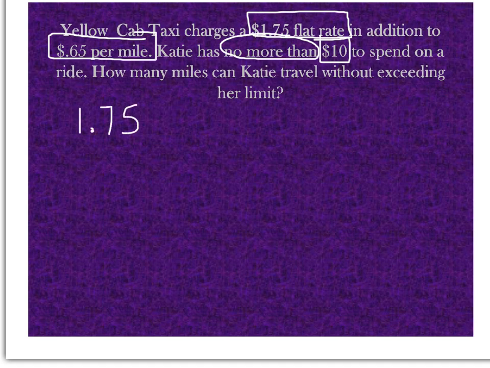Okay, so if they're paying a flat rate of $1.75, you have to pay that no matter what. So we have $1.75 plus 65 cents per mile. And I know in my class we've talked about that per means multiplication. So you have to multiply by miles. So we're going to say M. Now it says no more than. That means that it cannot be greater than $10. Okay? So therefore the $1.75 plus the 65 cents per mile has to be less than, and it can be